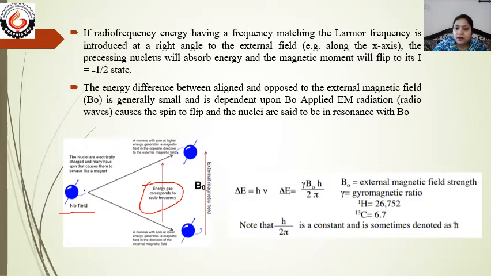Very clear. A spinning nucleus should have at least a half value of magnetic moment, and if we apply an external magnetic field, the spinning of the nucleus may align with the external magnetic field or oppose it. The aligned state is the lower energy state and the opposed state is the higher energy state. When it absorbs radio frequency, it transforms from the aligned state to the opposed state and gives a signal.